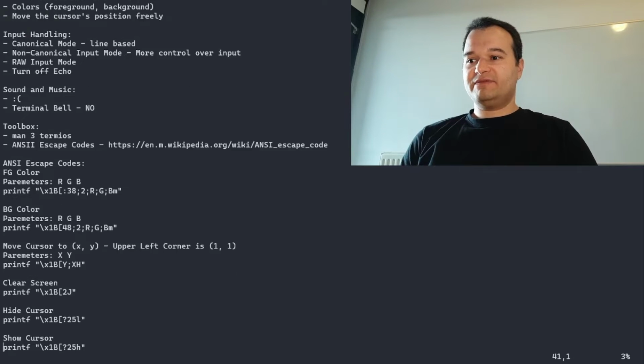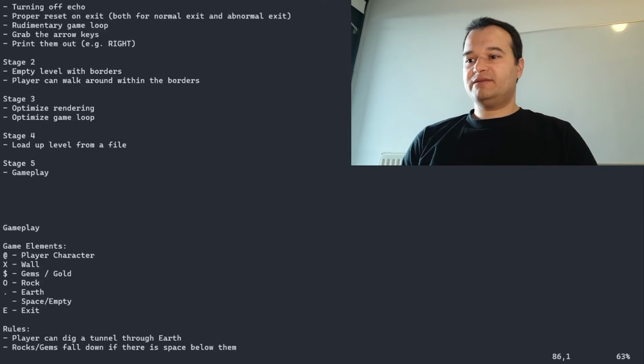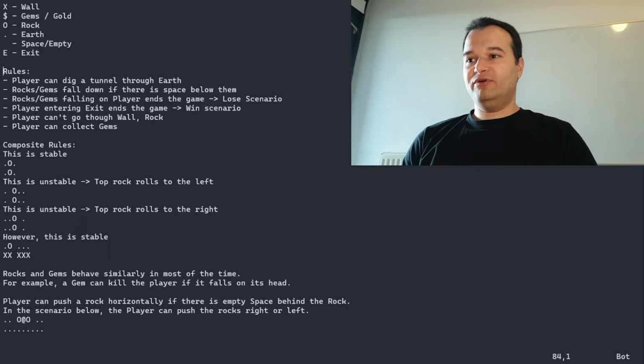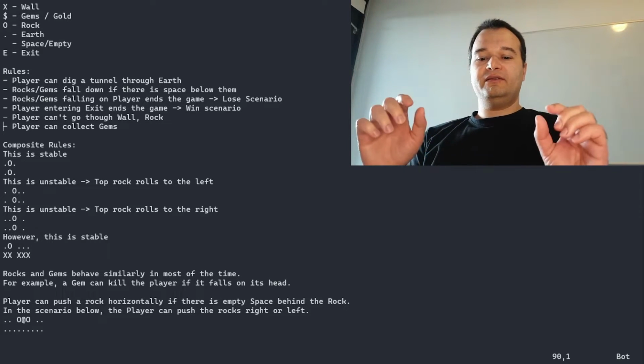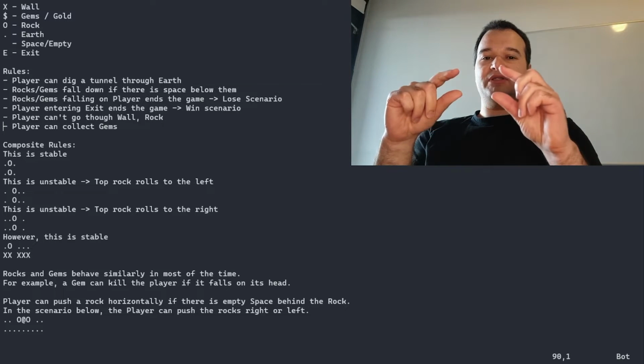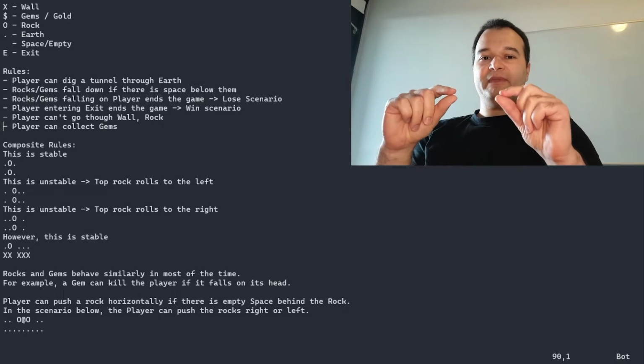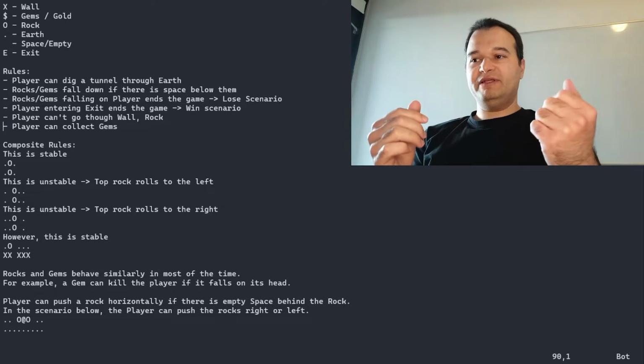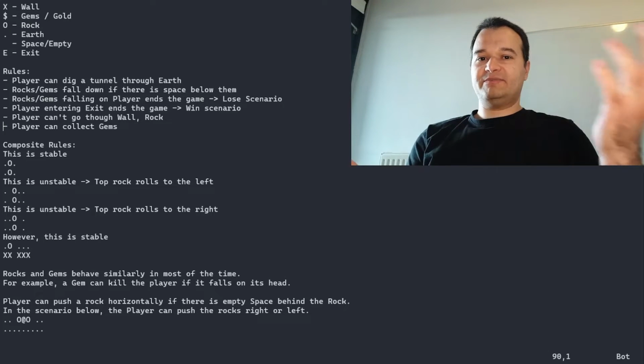In the next stage, we will add some tests. These types of games, where we have several rules and how the gameplay evolves, we could write good tests. It would be very valuable to write tests for each of these rules. Think about some small snippets of the board where we set up the field, set up the rocks, gems, player,